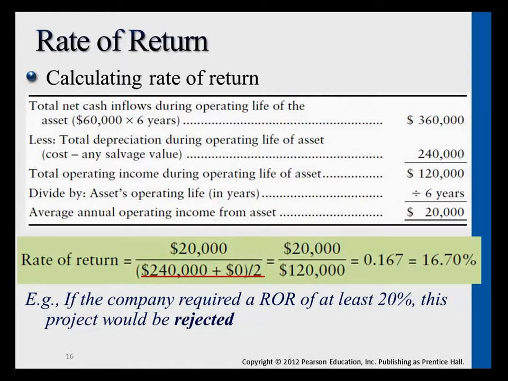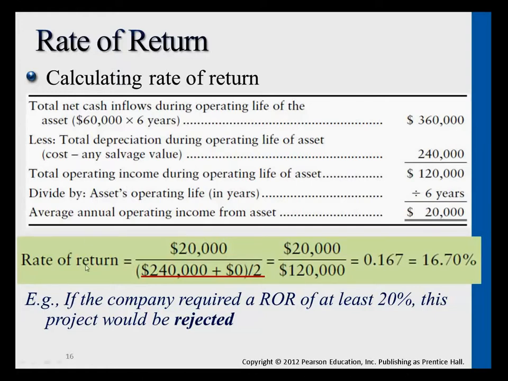And I told you that the amount we're trying to salvage is zero, which will be given to you. So we invested $240,000 and have a zero at the end of 6 years. I'm going to sum those two up and divide by 2. So I have 20,000 divided by 120,